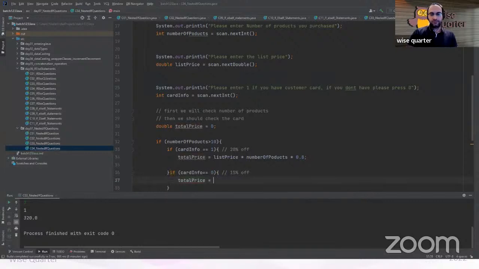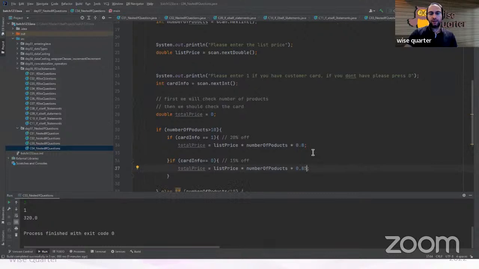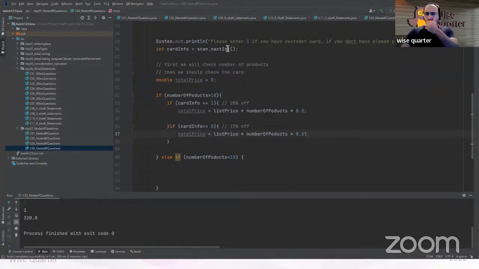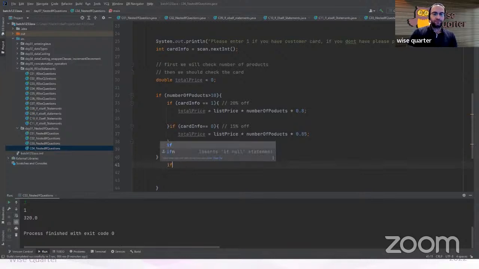Total price equals to, I can copy this from here this time, not to lose time, but the discount amount is this much. Now the second main condition, number of items the user bought, if it is less than or equal to 10, I will do something else. Again I need to check if the user has the card. Card info equals 1. If he has it,